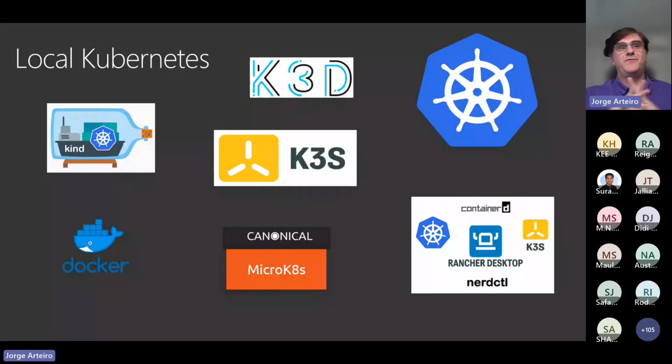Now, right now, if you have any of those environments installed on your machine or you play with any of them, it could be Docker Desktop, Rancher Desktop, K3s, K3d, kind, or just Docker directly on Linux or Windows or Mac. I have a Windows machine here, and I use something I call Windows Subsystem for Linux.